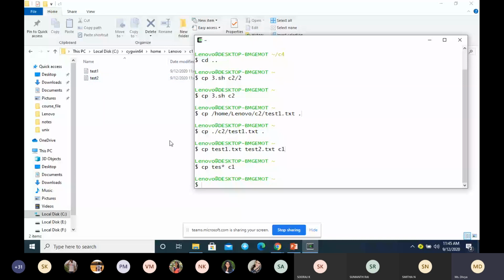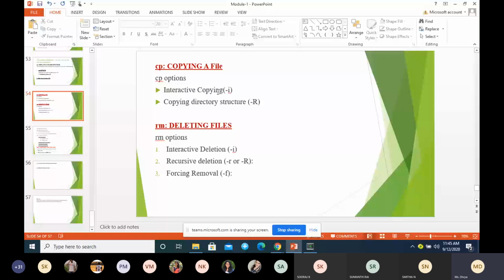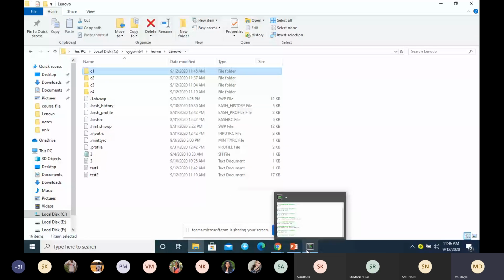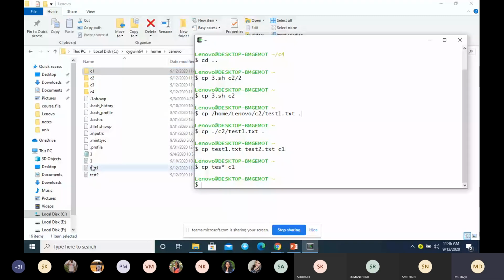Basic cp command, and next is cp options. These two I'll be discussing. First one is -i, interactive copy. Another one is copying directory structure. So the first one is interactive copy. See here, I'm trying to copy the content of test1 to test2.